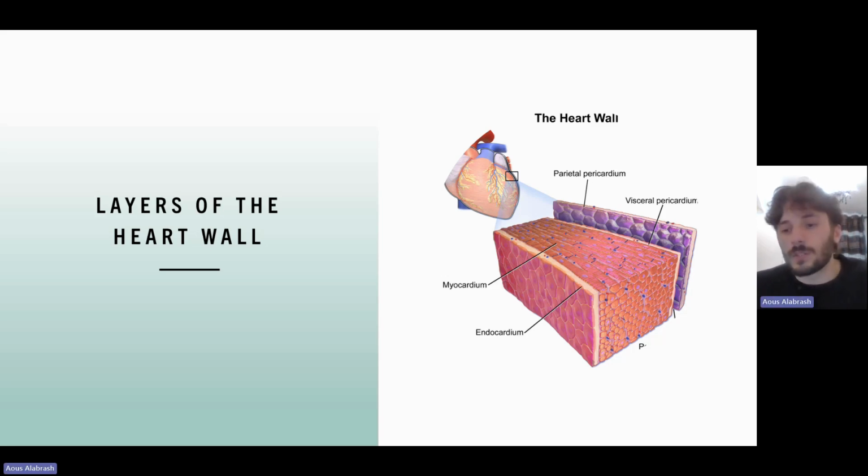And then we have the myocardium, which is the thickest layer of the heart, and actually the thickness of the myocardium varies according to where you are looking at it in the heart. For example, it's the thickest in the left ventricle, which makes sense because the left ventricle needs so much power to pump blood across the whole body, while the right ventricle only needs enough power to pump blood to the lungs, which are pretty close. So that's why the myocardium in the left ventricle would be thicker than the myocardium in the